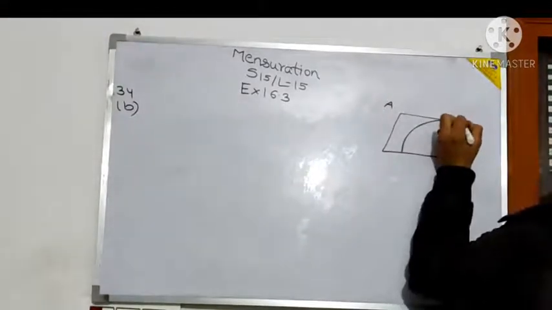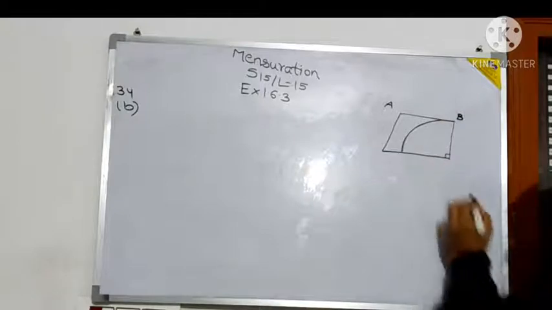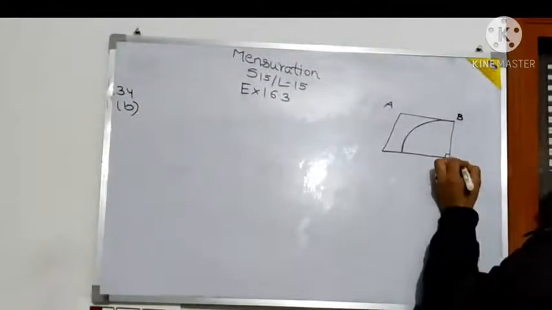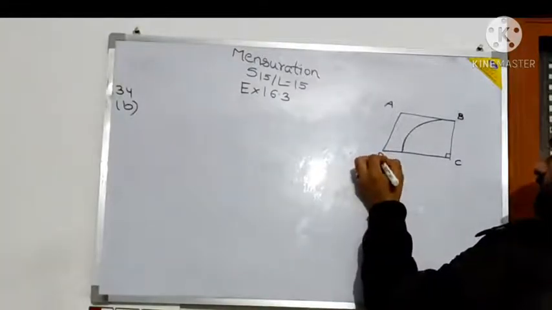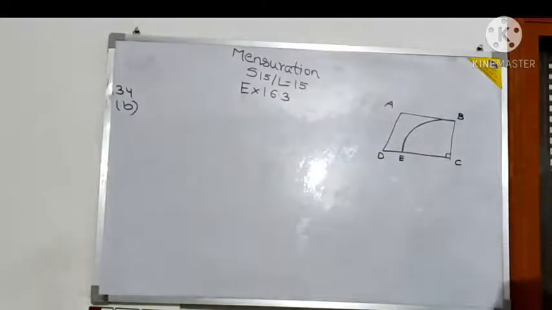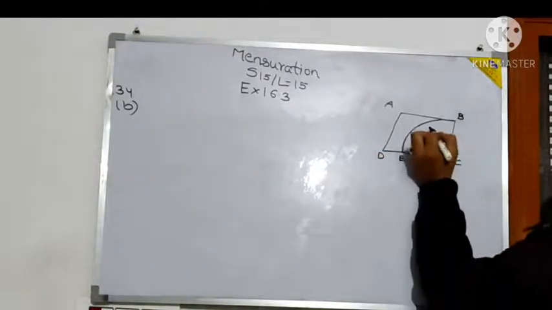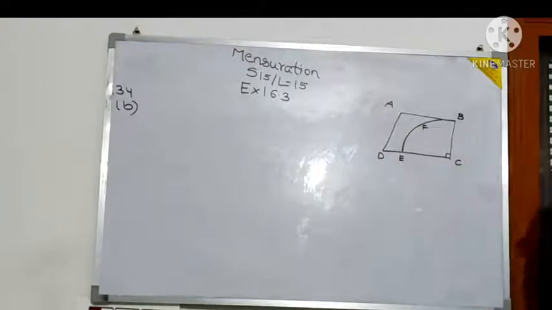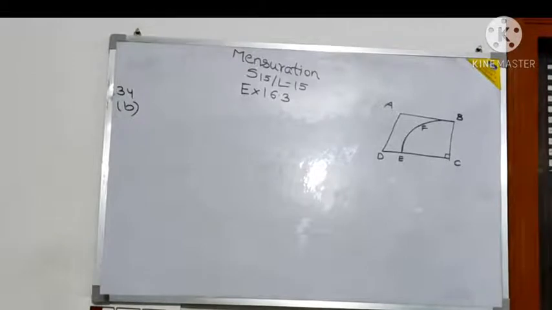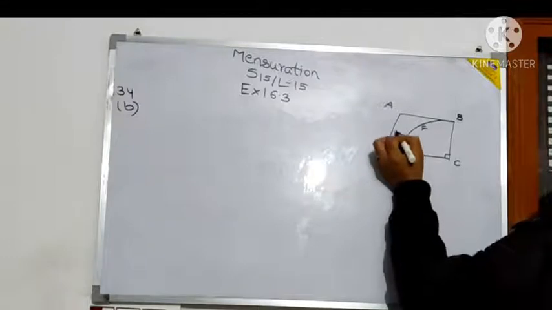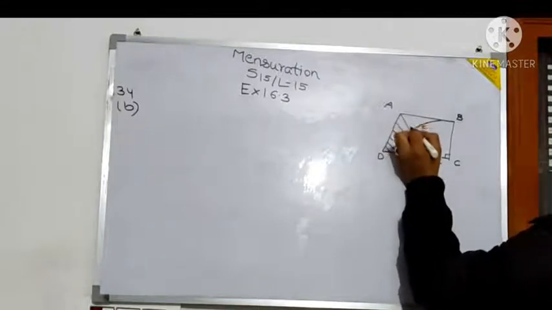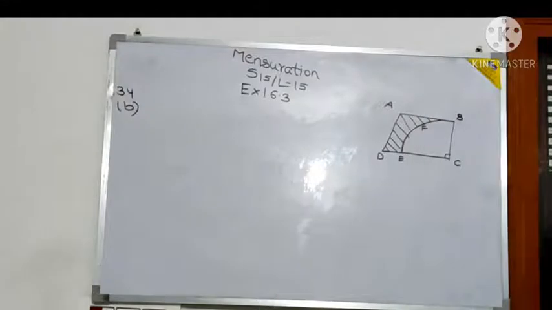The trapezium is A, B, then C, and there is another one, D. Then this is E, and there is F, in some part here, F only. Then what is the question given? In the given figure, some portion is shaded. Which portion is shaded? I am shading it. They have colored it in the book, but I am coloring it. Now what the question is asking is to calculate the area of the remaining piece.